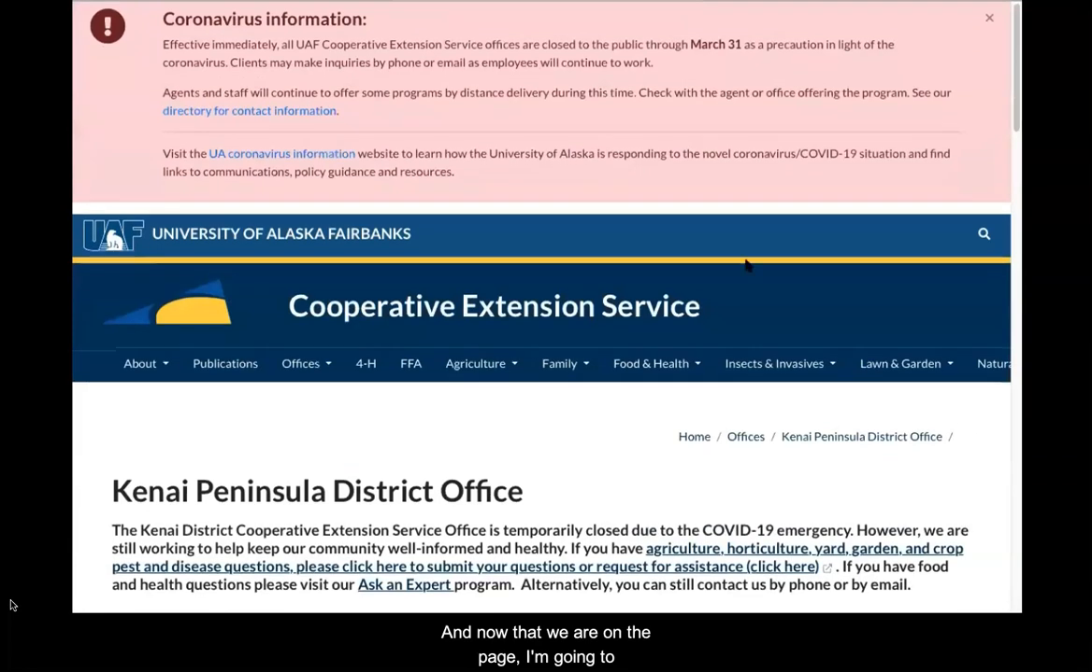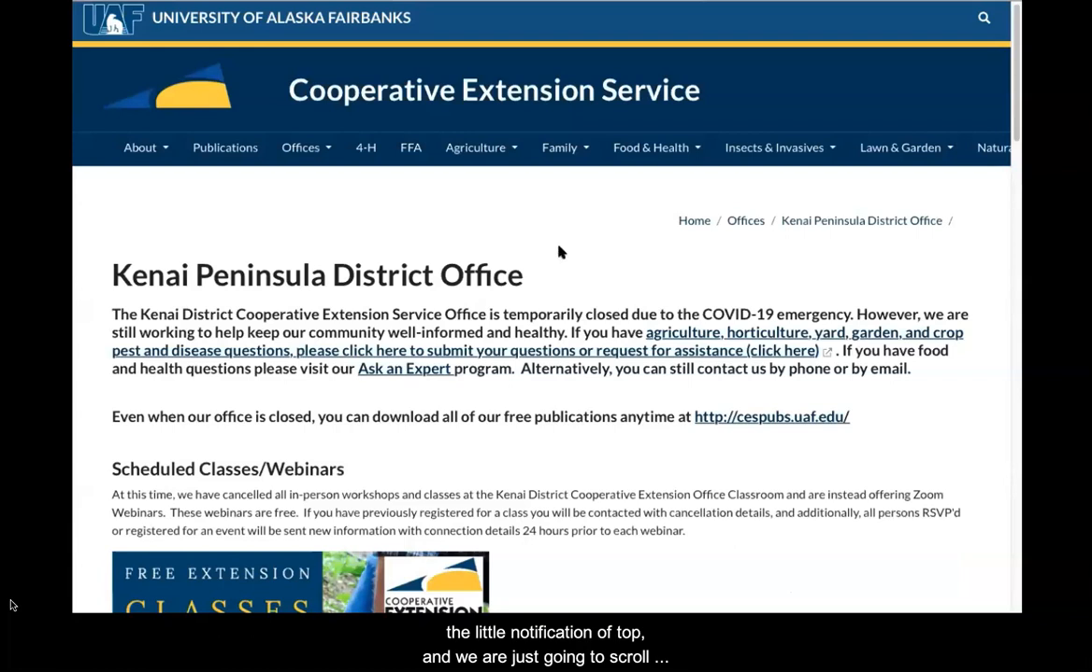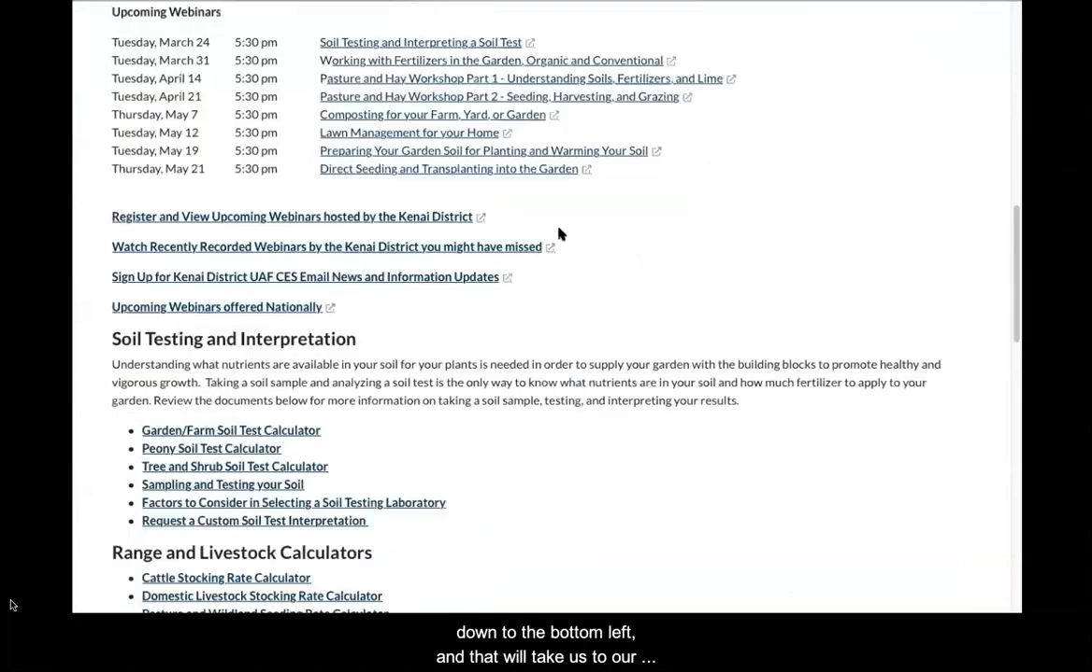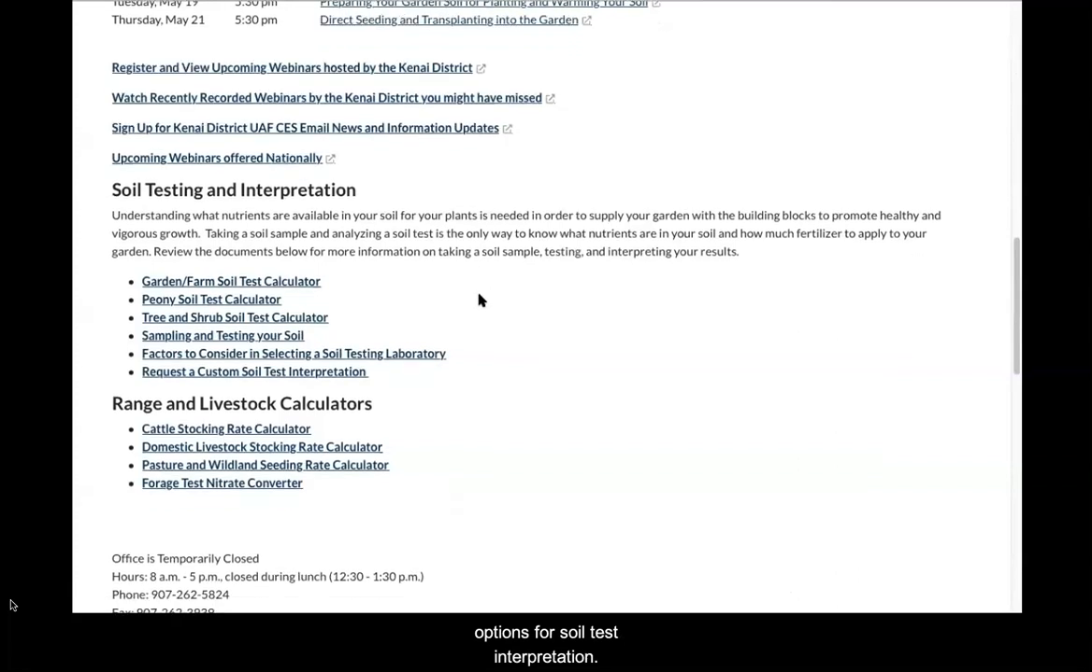Now that we're on the page, I'm going to remove the little notification at the top, and we're just going to scroll down to the bottom left. That gives us our options for soil test interpretation. Now that we're here, you just choose the soil test that reflects what you did. If you have a garden or farm soil test, you choose this calculator. If you have peonies, you would choose this calculator. And if you have trees and shrubs, you would choose this calculator. We're going to assume that we have a regular garden at home. We're going to click on this link,